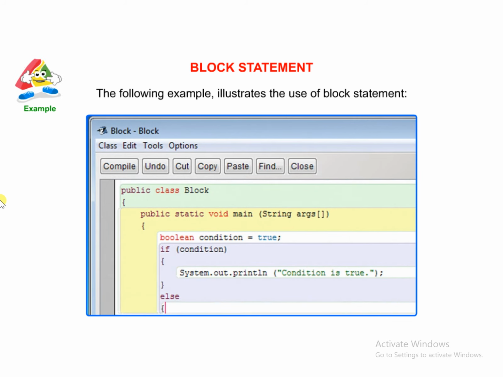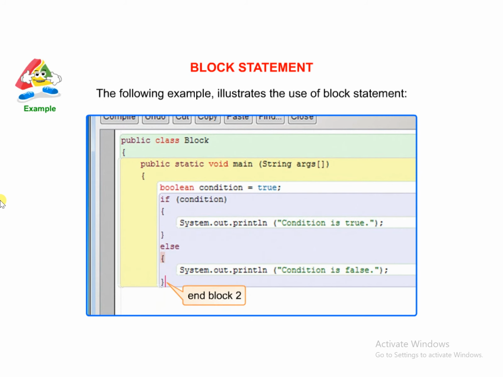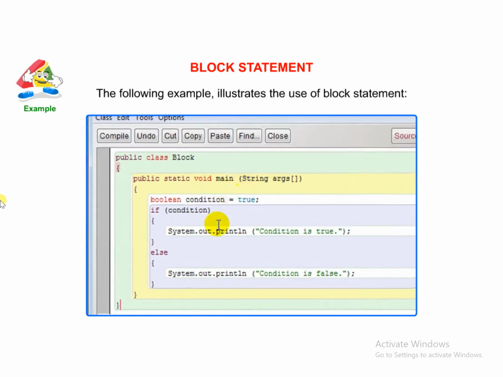else { // begin block 2 System.out.println("Condition is false."); } // end block 2 } }